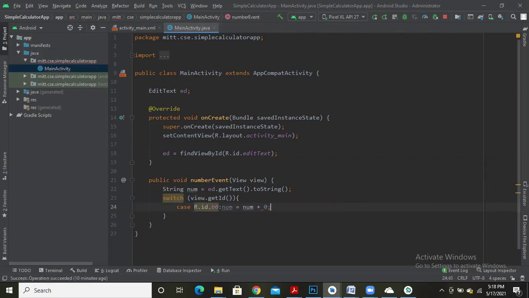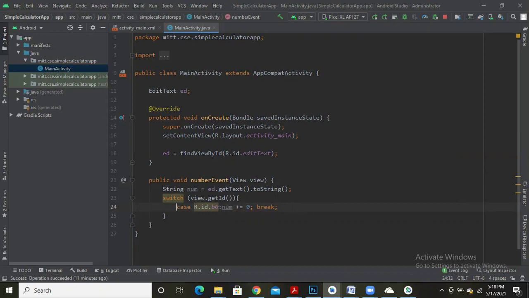This is what I need to do. After this, let me write a break. Instead of writing number equals number plus 0, let me write it in shorthand form, number plus equal to 0.